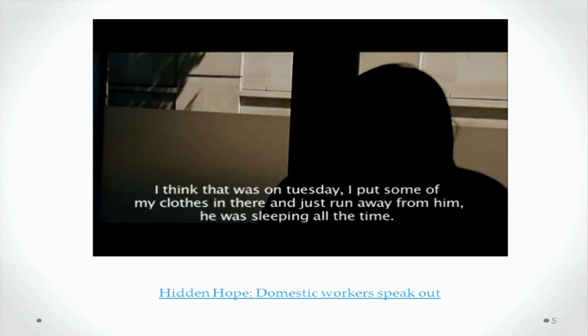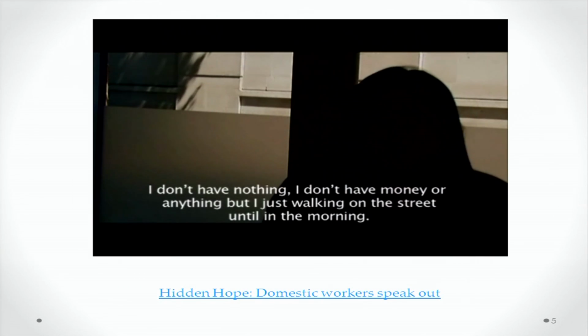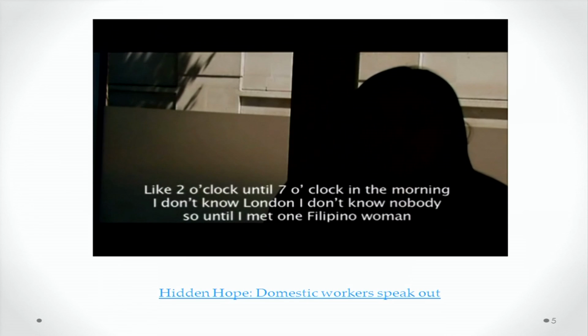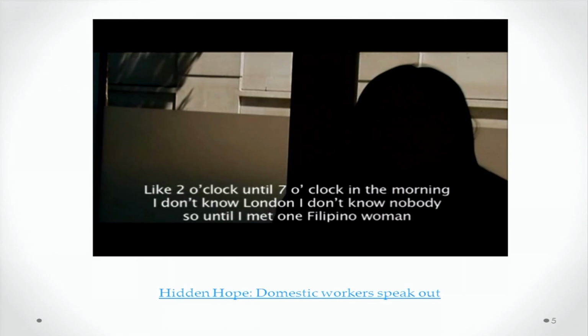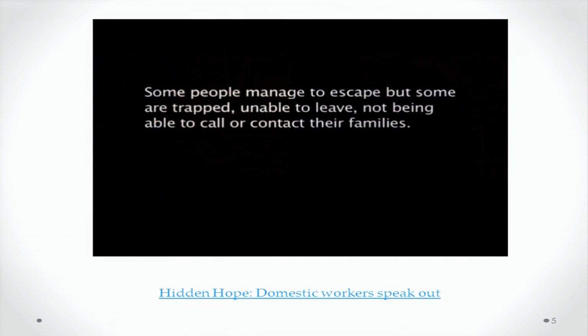I don't have money or anything, I just walked on the street from 2 o'clock until 7 o'clock in the morning. I don't know London, I don't know anybody. Until I met a Filipino woman, and when I met her, she took me to her place.